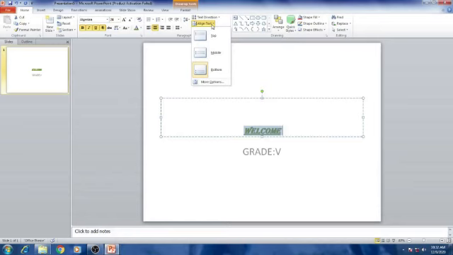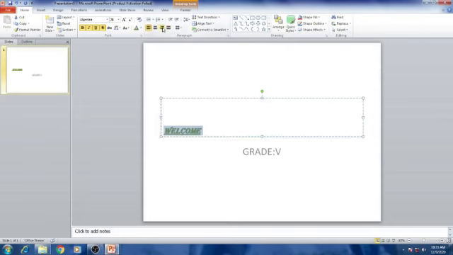Got it? Moving to horizontal alignment, in the same way, first of all you have to select the text. After that, in this paragraph group itself, you can see the options. These 4 are the horizontal alignment options. The first one is align text left, second center, third align text right, and the fourth is the justify option.